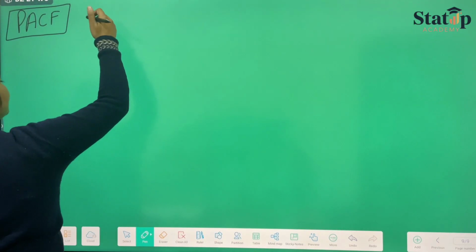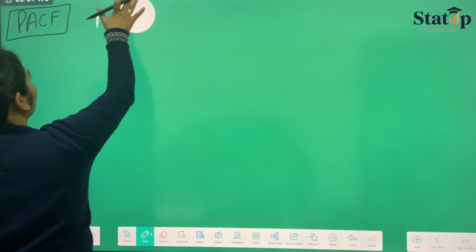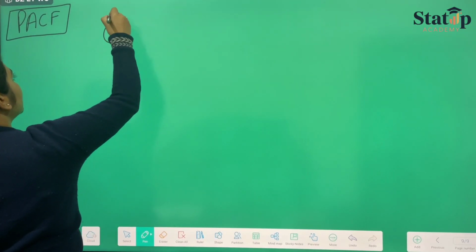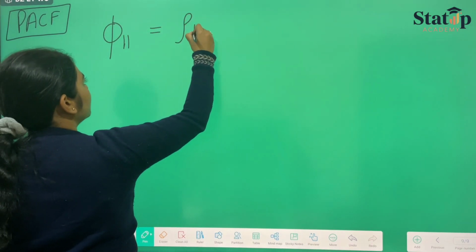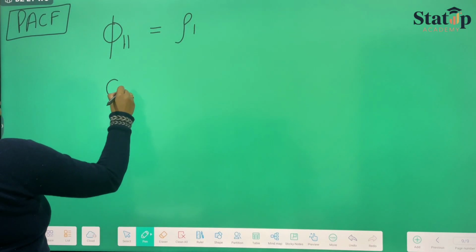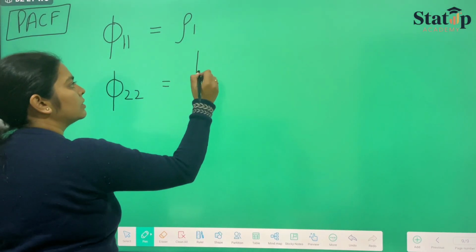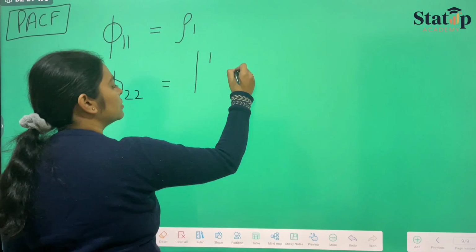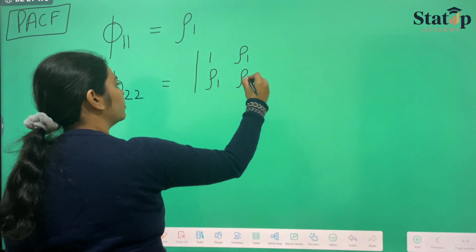For h equals to 1, the first partial autocorrelation is represented by phi 1 1. It is equal to rho 1. The second partial autocorrelation is represented by phi 2 2. It is nothing but the determinant of the matrix 1 rho 1, rho 1 rho 2,